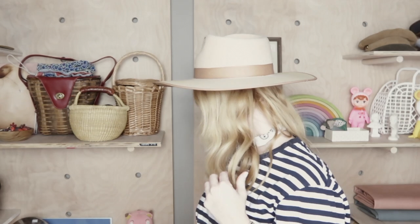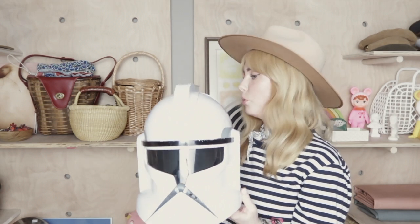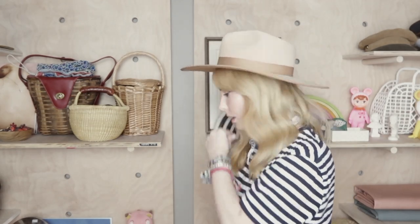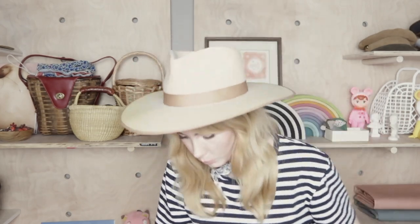Okay, I have some things here. These are vintage. If you have kids who are creative and like to dress up, or just like different things, we have a lot of Star Wars helmets. We have Roman knight helmets. And that clone trooper came from a vintage store. The knight helmet came from a vintage store. We have